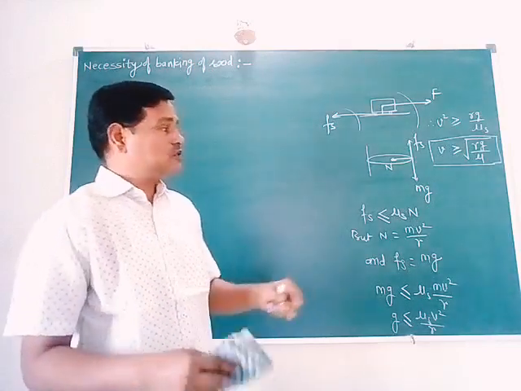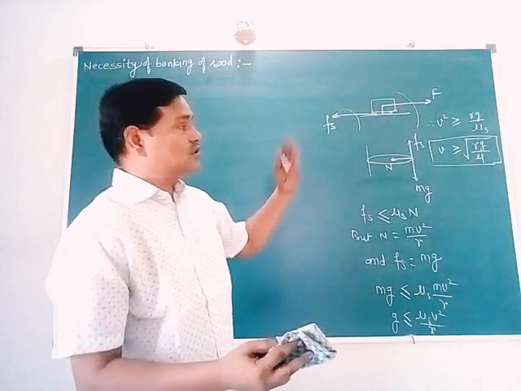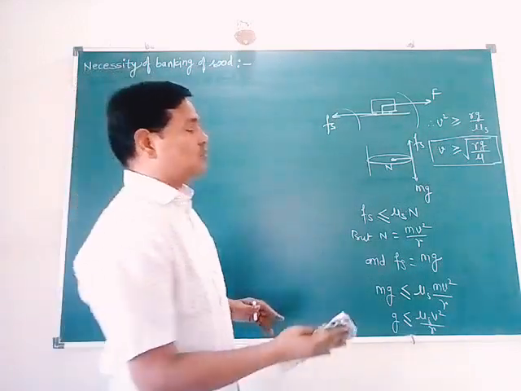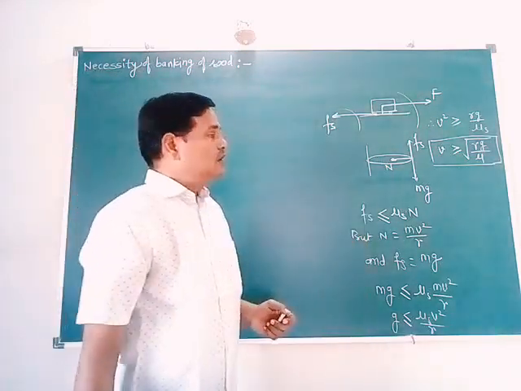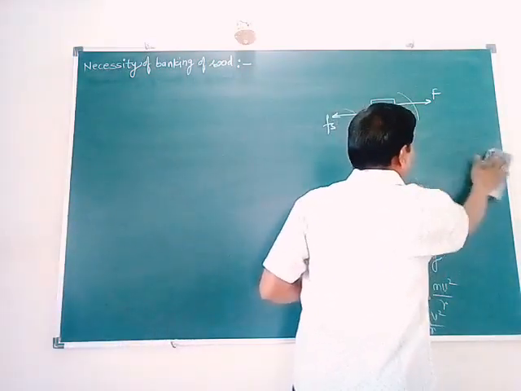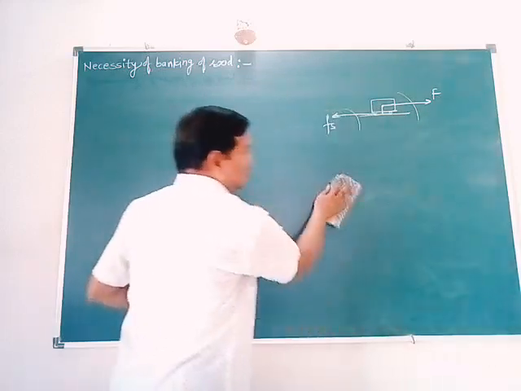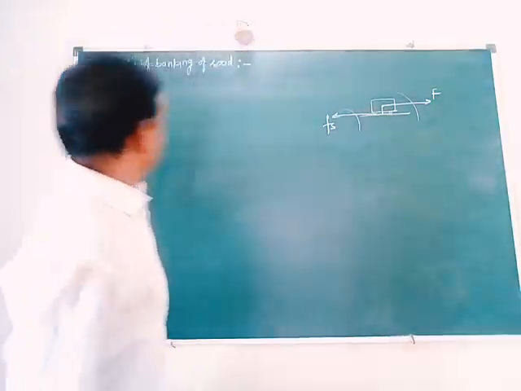It was my wish to explain these things regarding the vertical circular motion of a vehicle along a plain curve road, and in the case of the well of death. Now we will study the next part of this chapter, which is the necessity of banking of road.